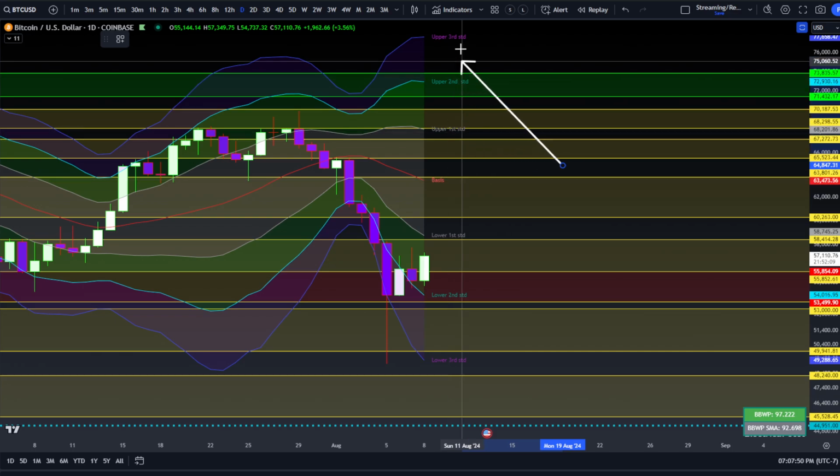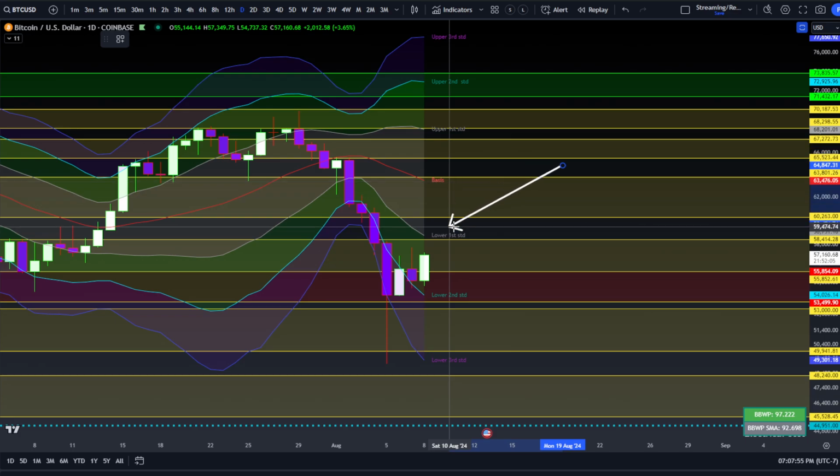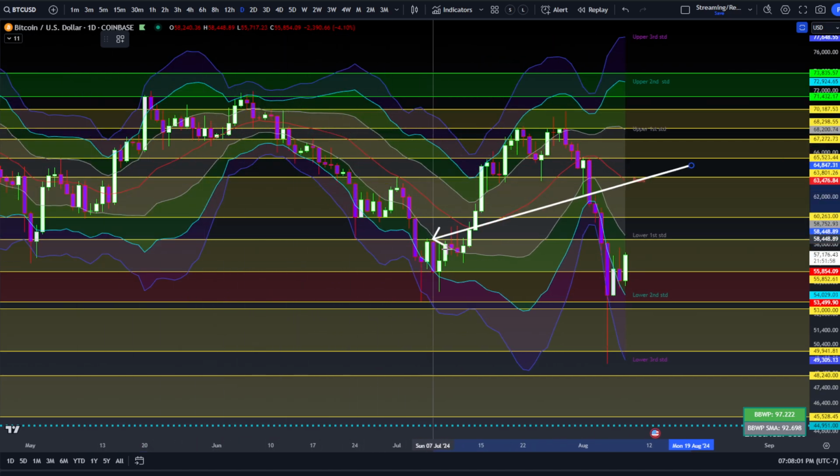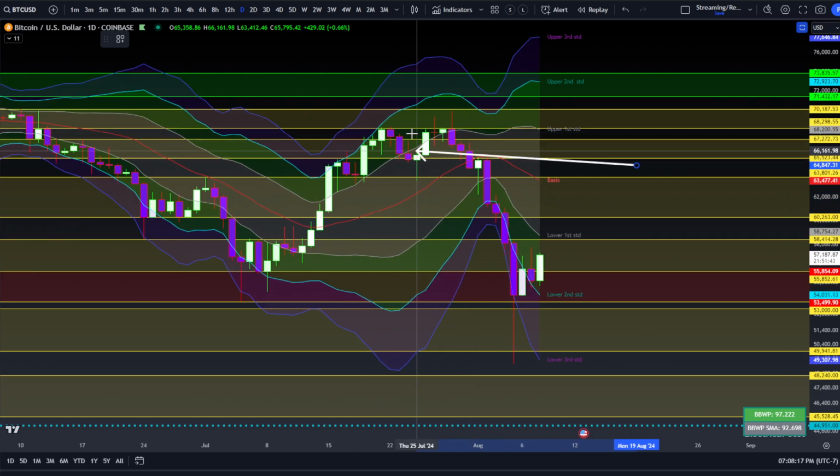And then we have first, second, and third standard deviations to the upside away from that 20 simple. And then first, second, and third standard deviations to the downside away from that 20 simple. We see that we had an expansion down and then a very quick mean reversion back to the top side here. And that's where I was like, we didn't see any real consolidation either at the lows and get a pinch in the bands. We just went from expansion to further expansion back to the upside, which was making it kind of go against the volatility trend in that case,